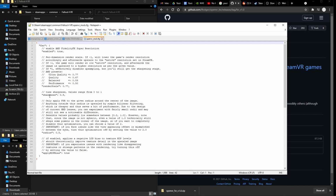But the other thing you can do is adjust the sharpness. The sharpness goes from 0 to 1, but 0.9 is a pretty good place to start, and somewhere between 0.9 and 1 is maybe where you want to be. This radius setting is really interesting. The radius setting lets you choose how much of a circle inside of your window you want to actually apply